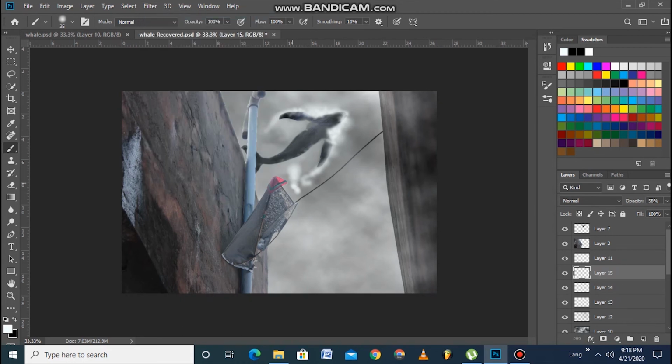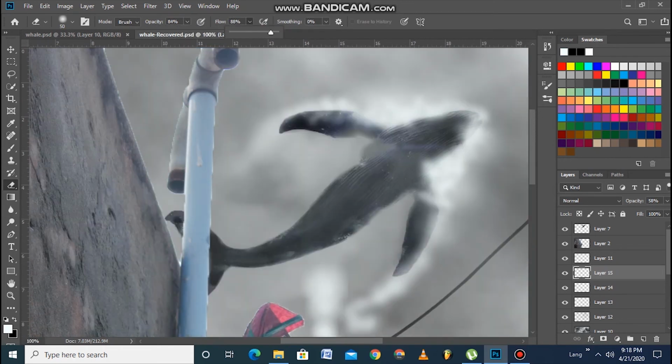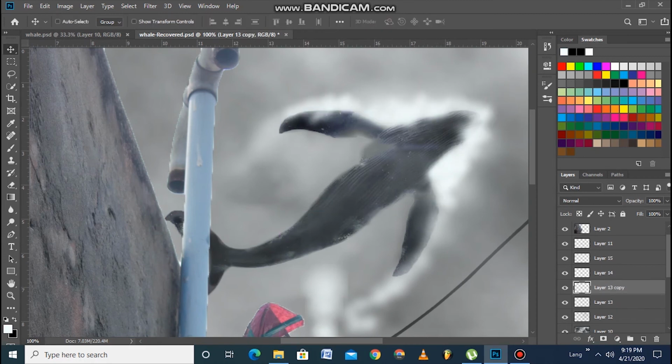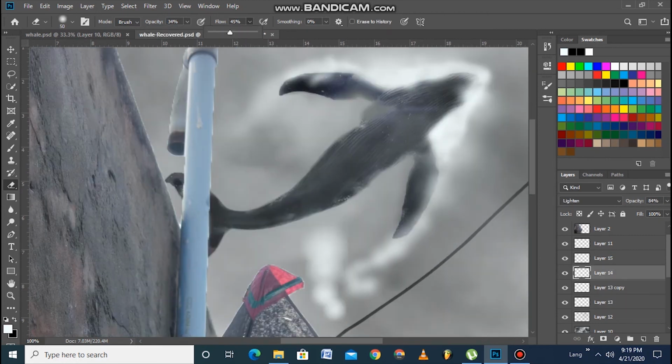I will use as much of it as possible to make it look more realistic so that it can blend in. I make sure that I use several layers to do this, because if you want to change something in one layer, it doesn't have to depend on something that you've done before. So this is the final look on how it stands.